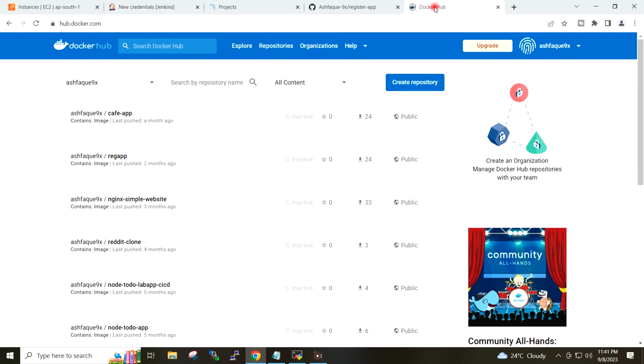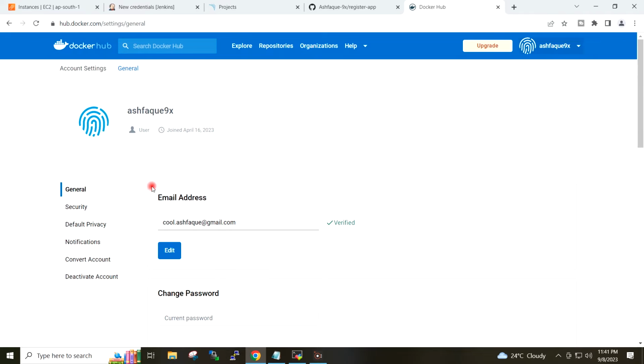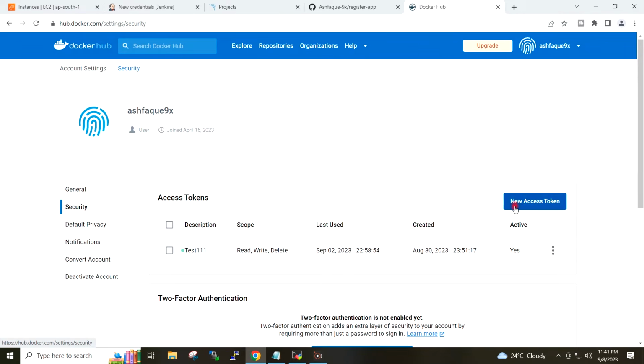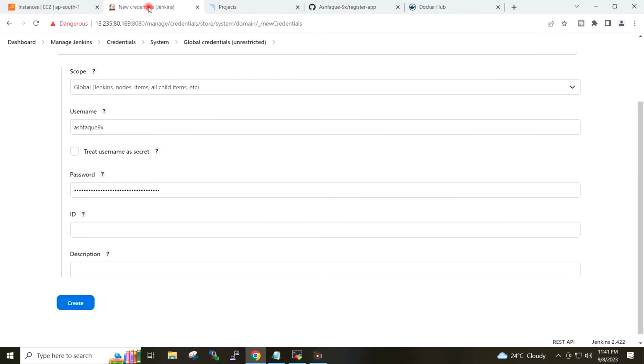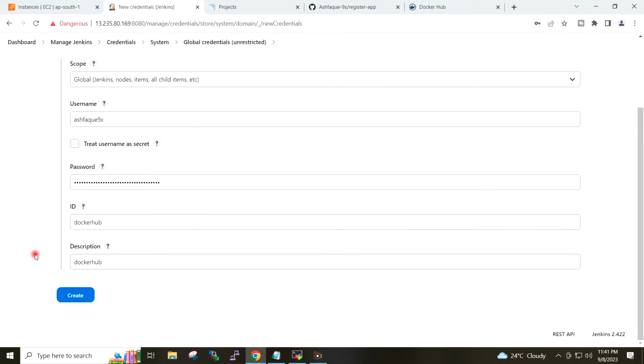You can go to account setting on the Docker Hub, security, and you can create here the access token. ID, I will give here Docker Hub, create.